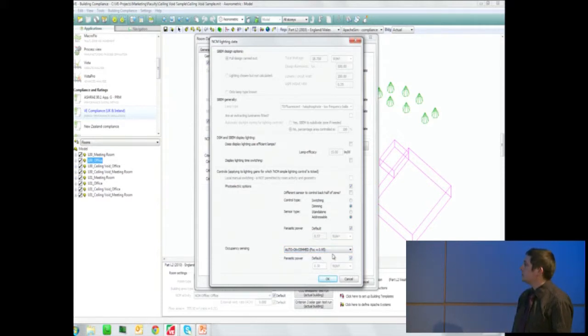occupancy sensing in there as well. When we start adding up this parasitic power, we've got here 0.57 watts per meter squared on the photoelectric options by default, and an additional 0.3 watts per meter squared on the occupancy sensing. That's quite a lot of extra power